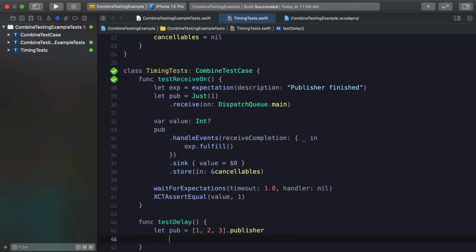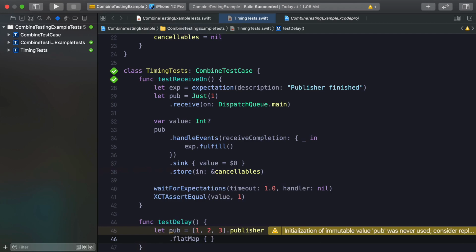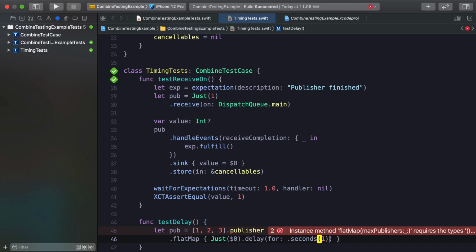And for each one of these, I want to emit the element and then have a short delay before emitting the next one. So if we take that and we flat map this into another series of publishers, and I say just $0, so now we've got a publisher with just one of those elements, we can attach delay for seconds 1, and then we need to pass in the scheduler